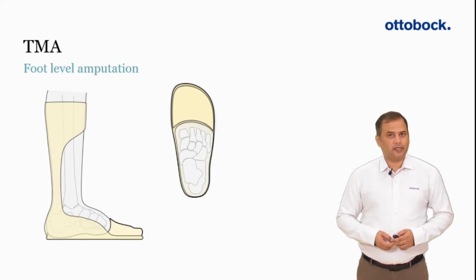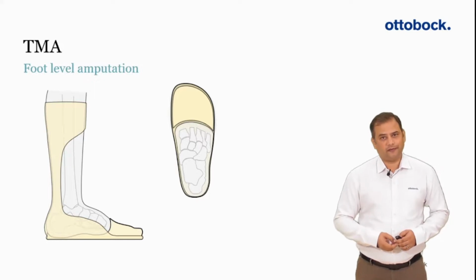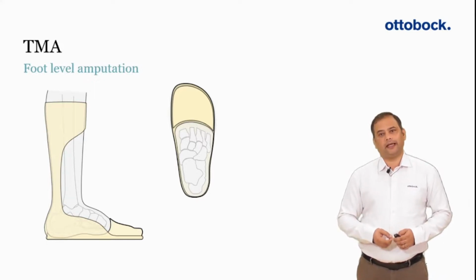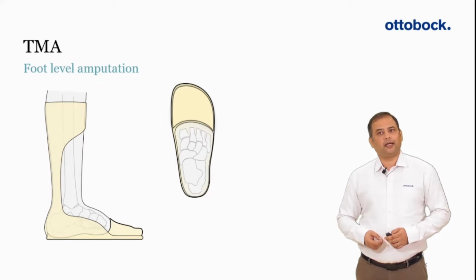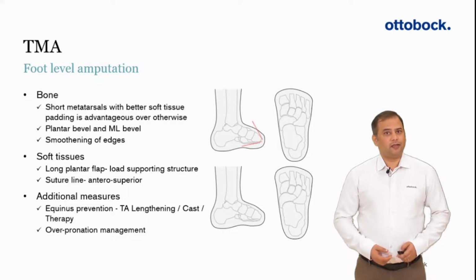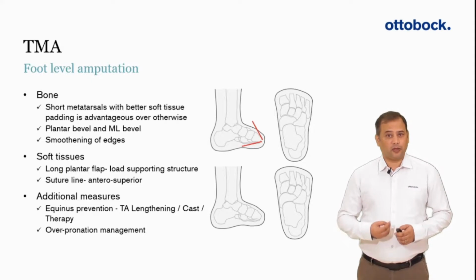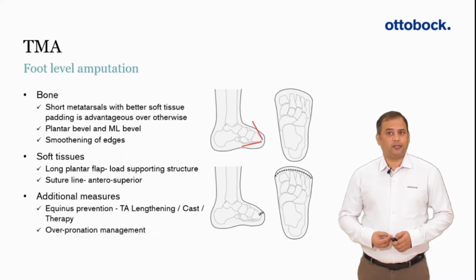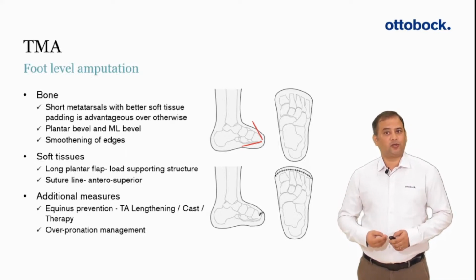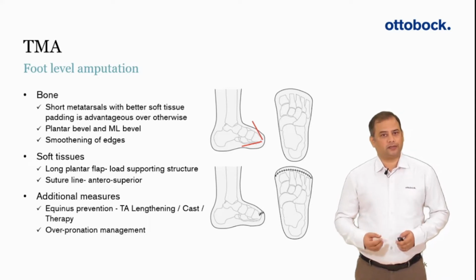If there are pressure points at the plantar areas, the ankle movement can be controlled through the trimlines of the orthosis. In fact, we use this concept in certain ray and toe level amputations as well when there are additional conditions to be treated. With respect to bone shaping, we have a near similar recommendation to that of ray and toe level. However, with respect to soft tissues, a long plantar flap is crucial at the transmetatarsal level. This not only provides a smooth transition of pressure during rollover, but also helps avoid premature ulcerations. The metatarsals can be appropriately shortened to accommodate this.